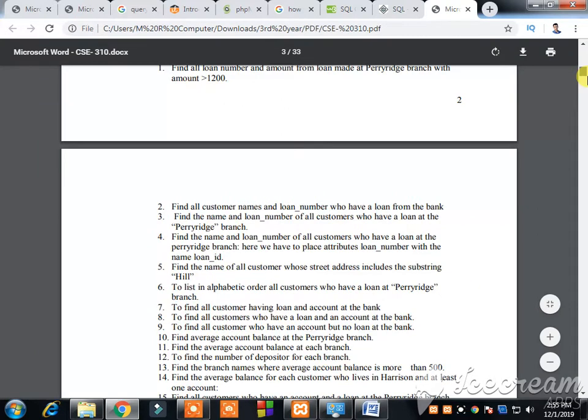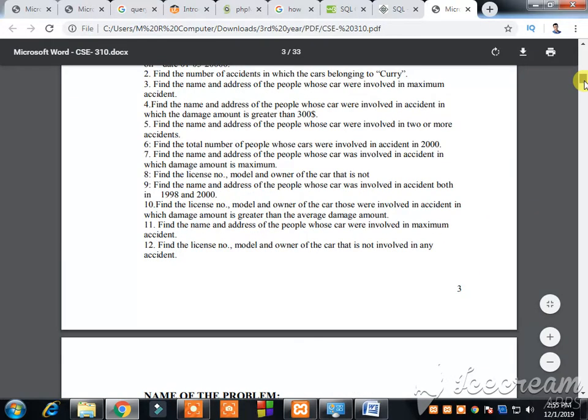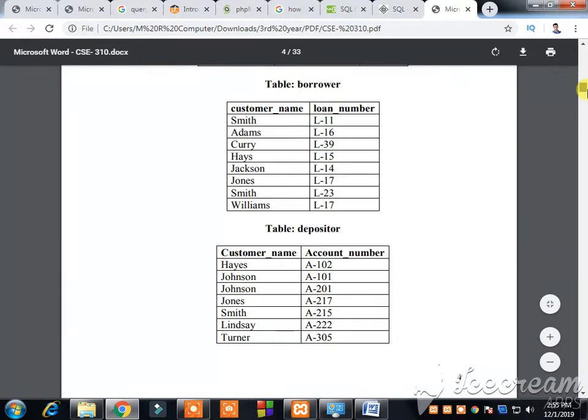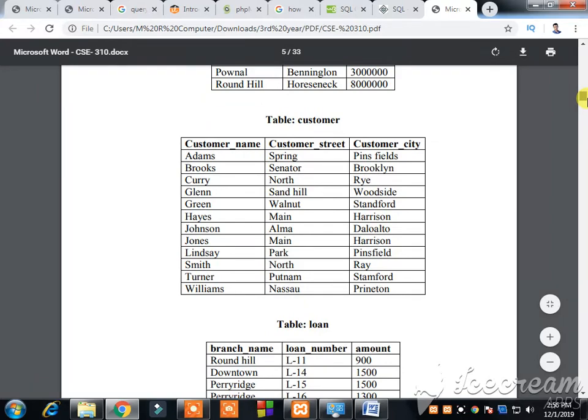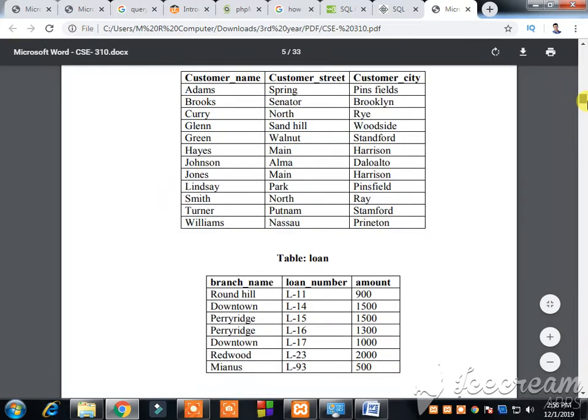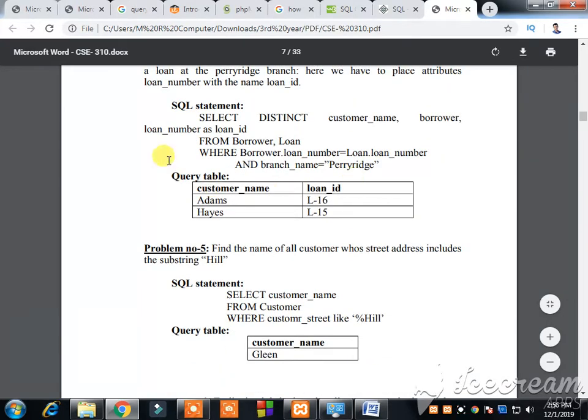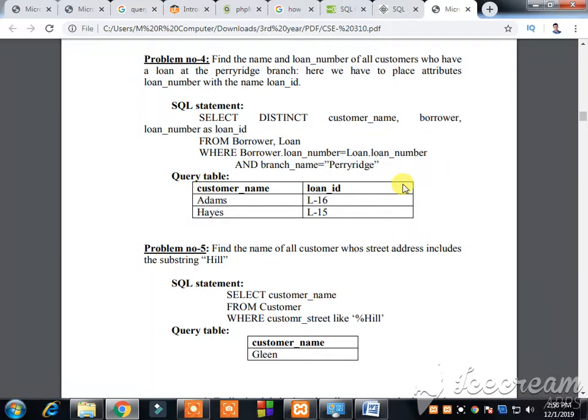As you can see, there are a lot of questions on banking, insurance or employee. These are the tables and these are the queries. Here you can see a query and the result. So you can create such a database and you can exercise your queries